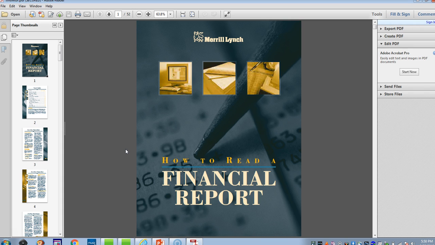Chapter 4 covers financial statements, which you may have seen in other classes. It basically covers income statements, the balance sheet, a cash flow statement, and possibly a statement of retained earnings. I don't know if your book has that, but there are 4 basic statements which we'll go over further